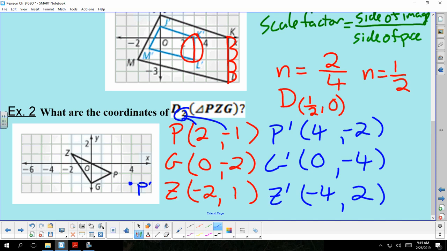So G prime is 0, -4, so there's -3. -4 is going to be there. There's G prime. And then Z prime, -4, +2. There's my Z. And I can go ahead and connect these dots. And notice